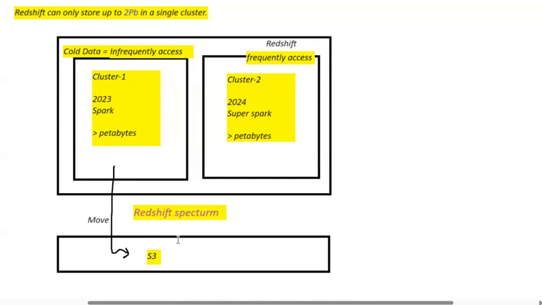Now, in order to access the data present under S3, that is the Spark tables, how can I access them? You can access them by using SQL queries. So by using Redshift Spectrum, you can access the data present under S3 by using SQL queries.